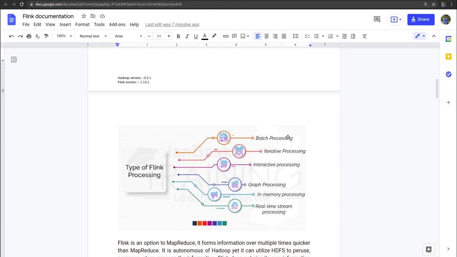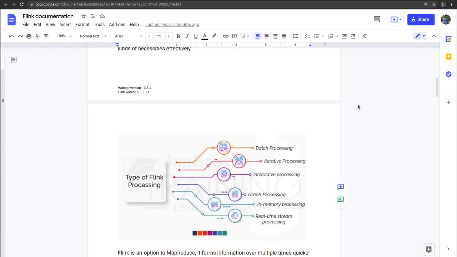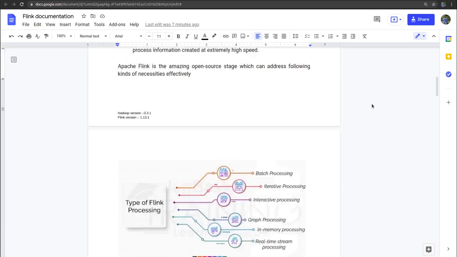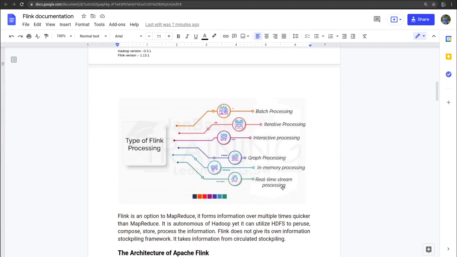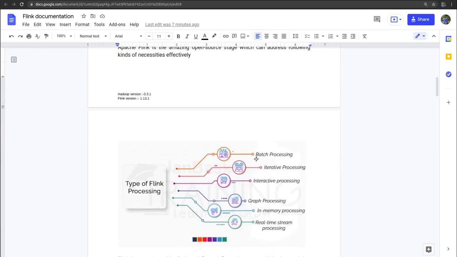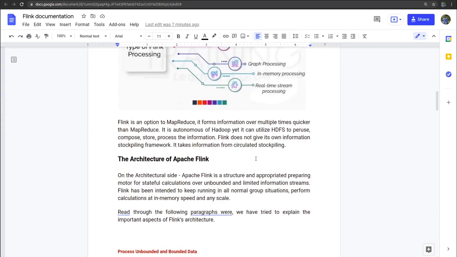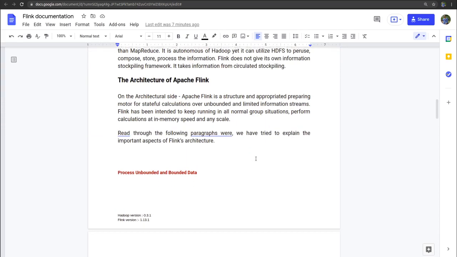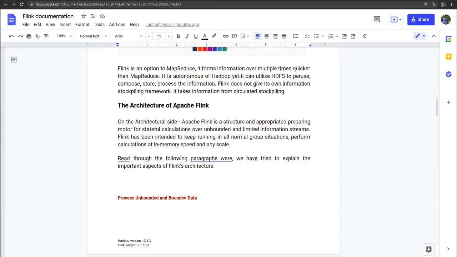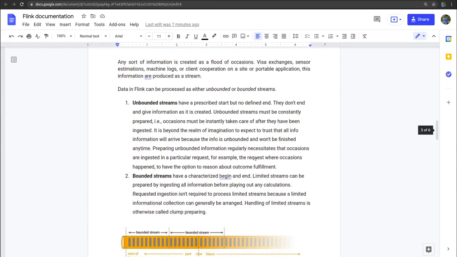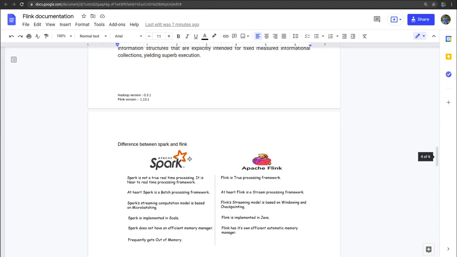And Spark only supports batch processing. In Spark, first we save the data and then we perform tasks on it, but in Flink we can directly perform the task on the data which is in flow. So that is the main reason why we introduced Flink, and it is still in a production phase. So these are some basics about Flink.